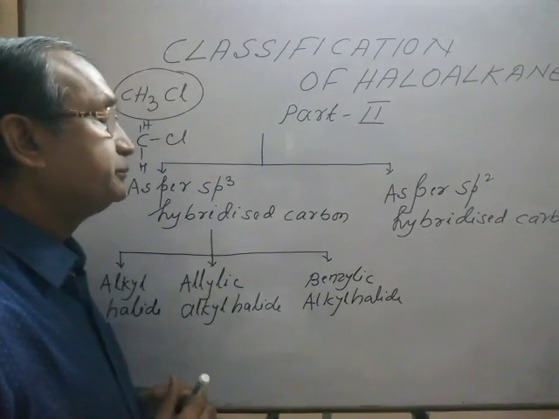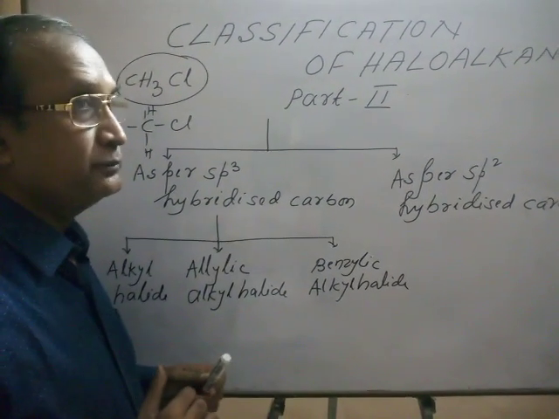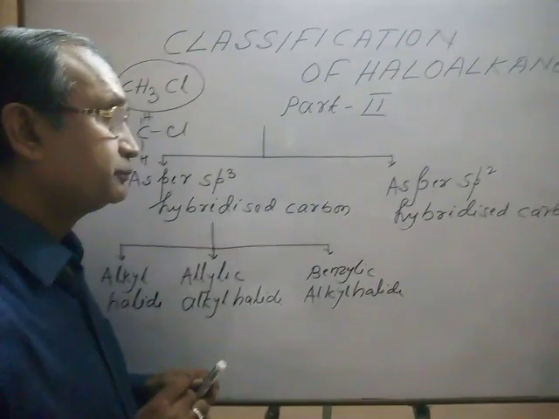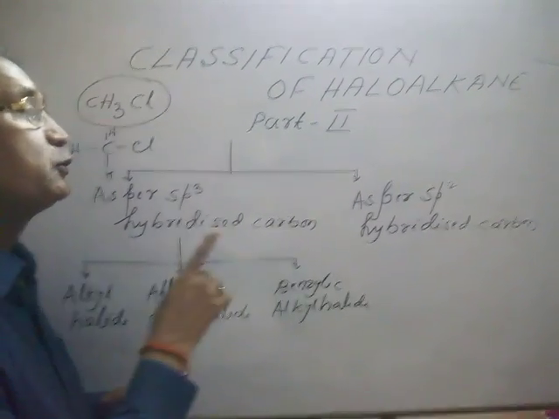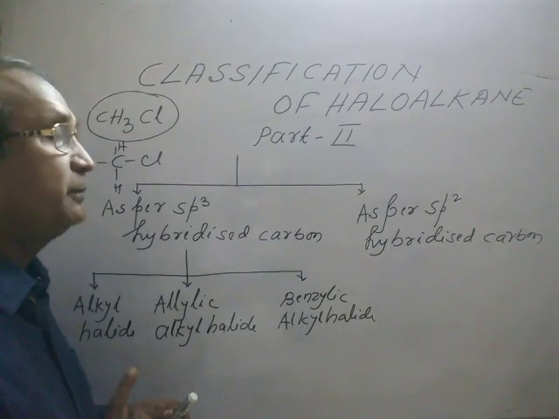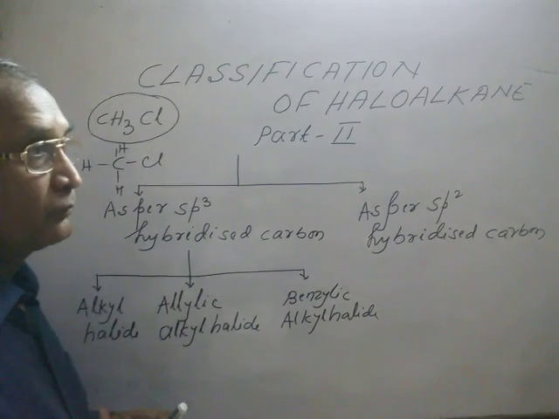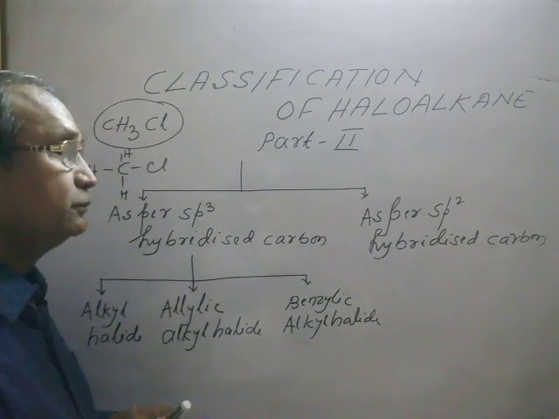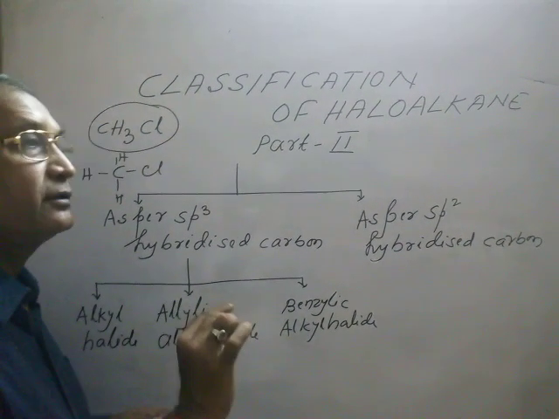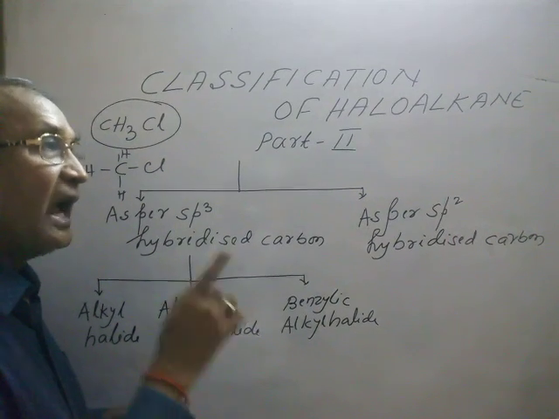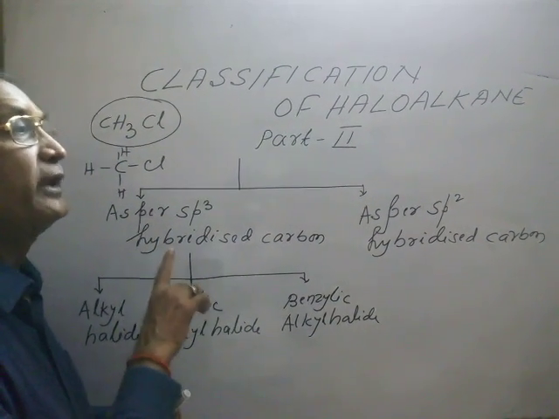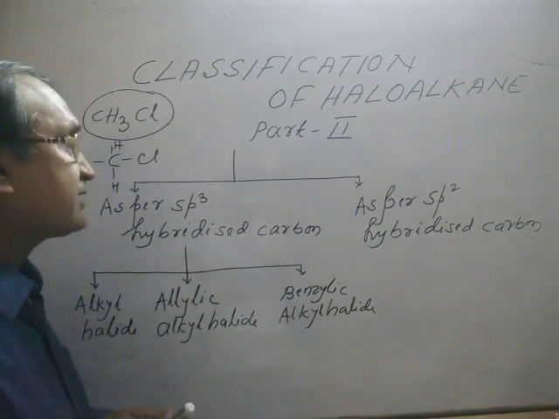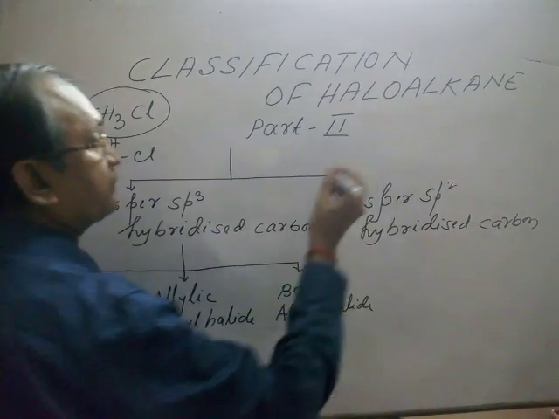Allylic carbon is that carbon which joins with any other carbon, and that carbon should join with another carbon by a double bond. Let us take an example,